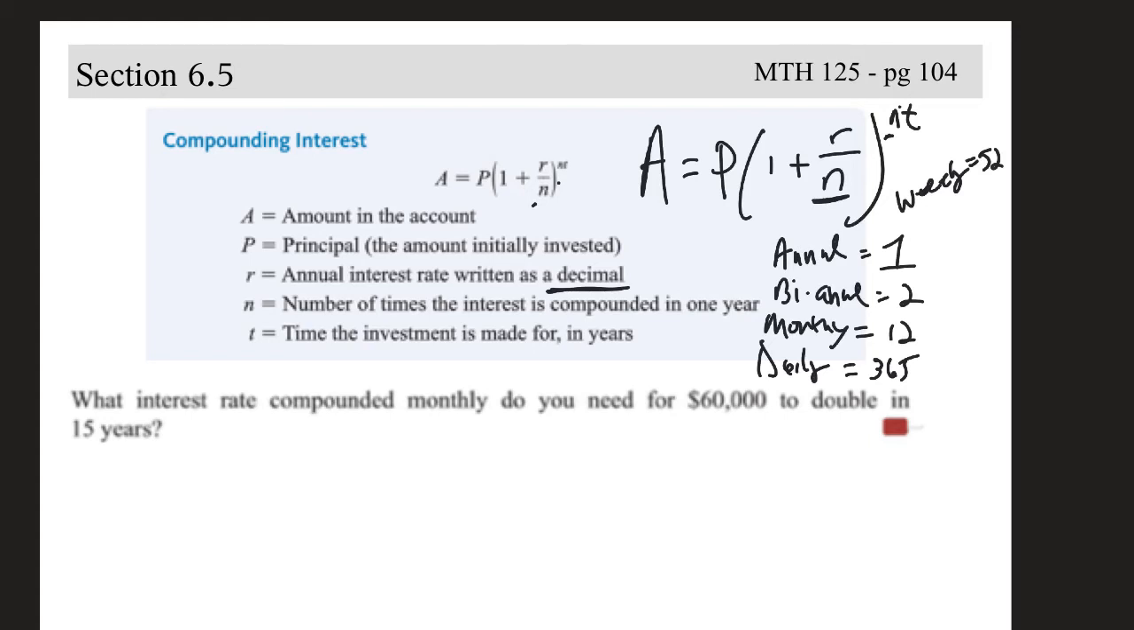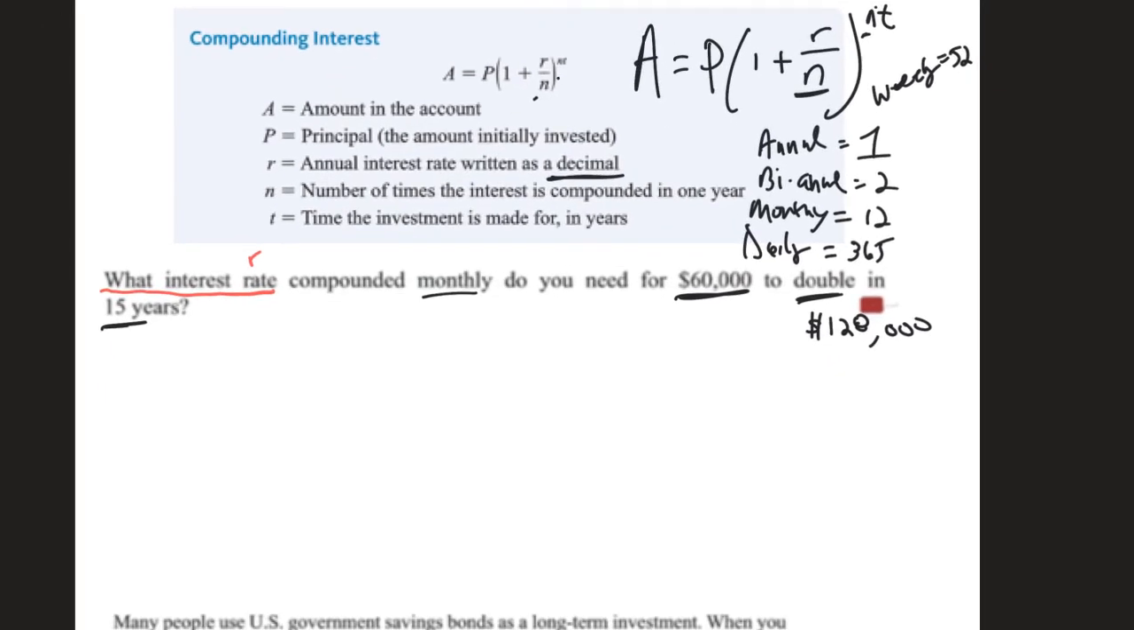What interest rate, compounded monthly, do you need for $60,000 to double in 15 years? Remember that for $60,000 to double, we want to end up with $120,000. Now, if I was asking you, what are we looking for? I'm hoping that you identified that right at the beginning when it said, what interest rate? We are looking for R. So we should be able to fill out every little thing in this formula except for R. R is what we're looking for. So I'm going to go ahead. The amount A, that is 120,000,